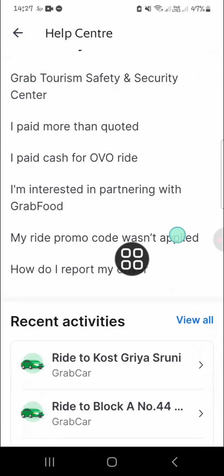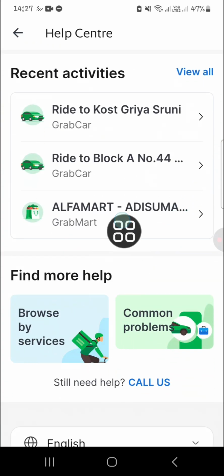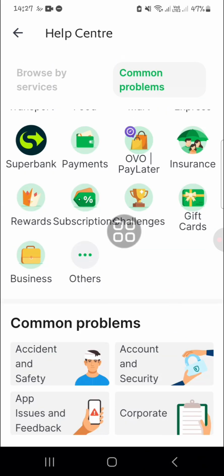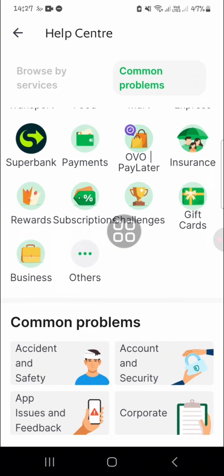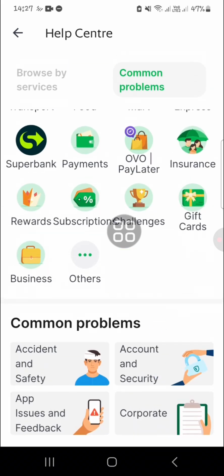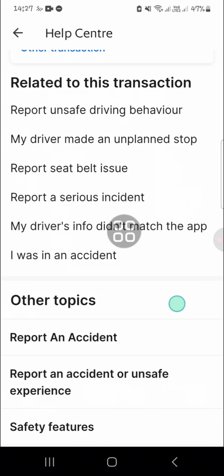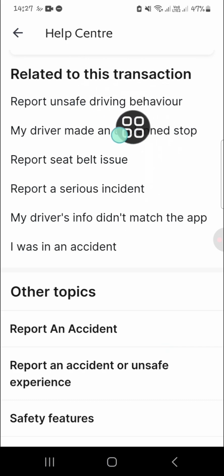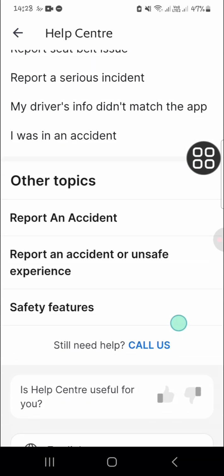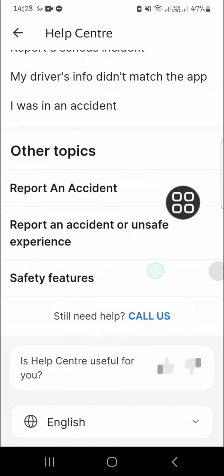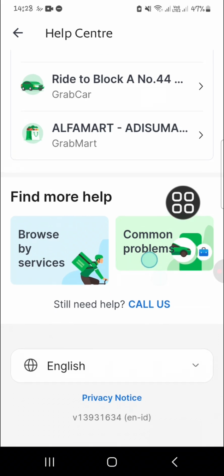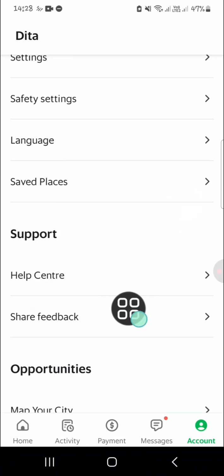Okay, and you can find more help by clicking on this option, browse by service, or you can choose common problems. For example, I'm just going to choose common problems, and then I'm going to choose, for example, accident and safety. Okay, and this is for the related to this transaction, or you can report an accident guys to the Grab. Okay, and then I'm going to go back to the support menu, and I'm going to show you about